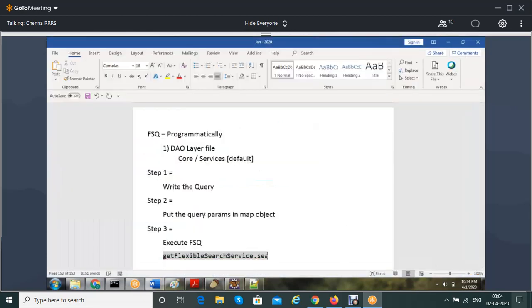Dot search, you pass your query from the first step, comma, your map object from the second step. That's it. Then this will be executed.